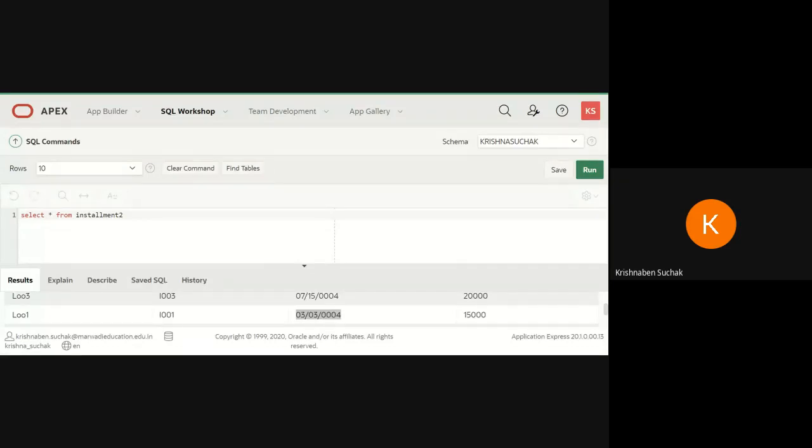Shubham, present your screen. Let me check what you are doing. Ma'am, some error.